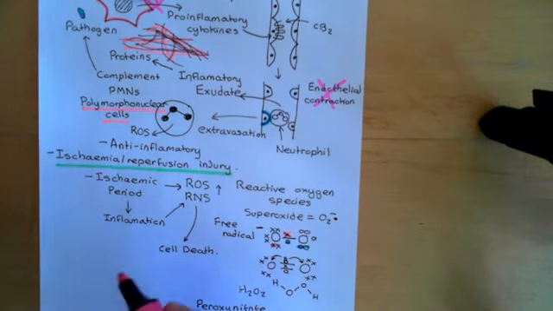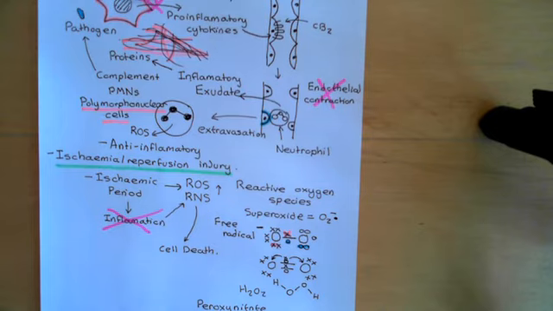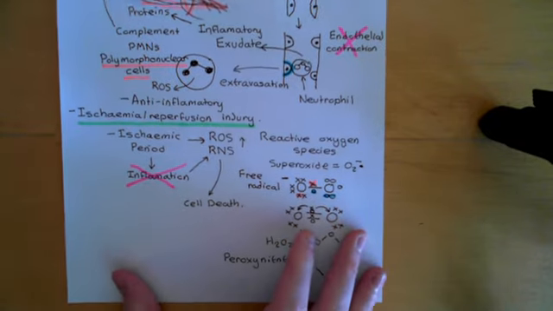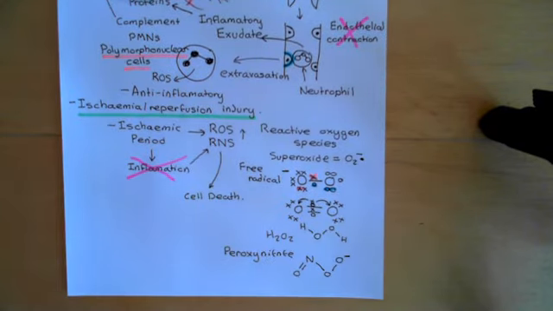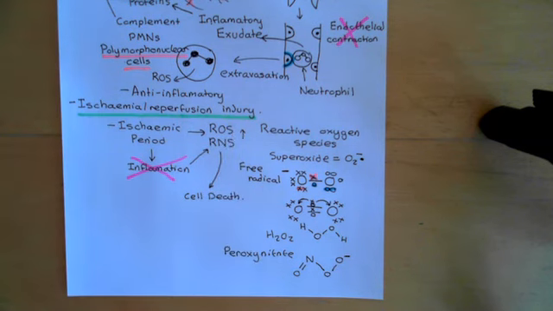And the idea is that this can reduce this portion of this flow diagram, stopping the inflammation that occurs in ischemia-reperfusion injury, and then it means that the damage that is caused is going to be reduced because you're now not going to have as high levels of reactive oxygen species and reactive nitrogen species produced, because you're not getting that influx of polymorphonuclear cells into the tissue, which are key producers of these reactive oxygen species and